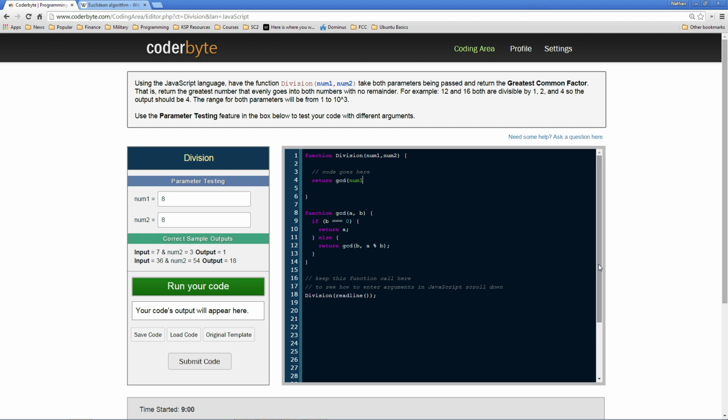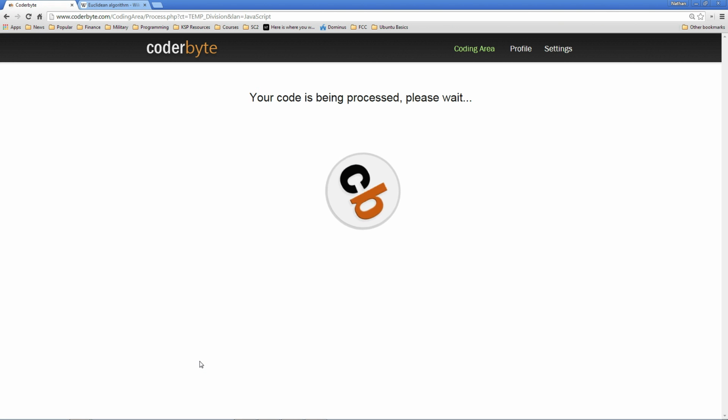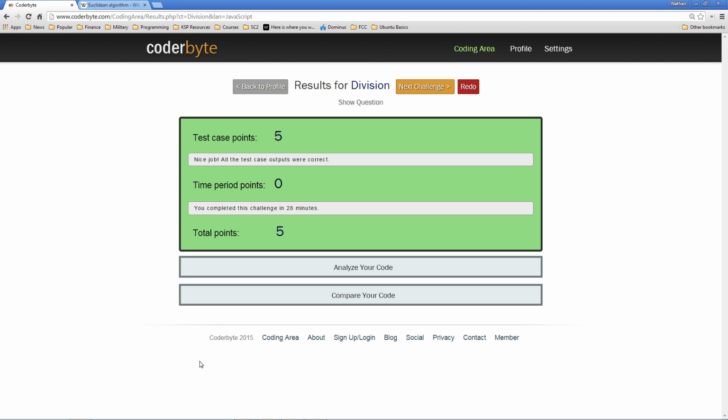GCD, num1, num2. So we'll return that, and if we input num1 36 and num2 54, run our code, 18. I feel pretty confident to submit this now. Excellent. I didn't think that took